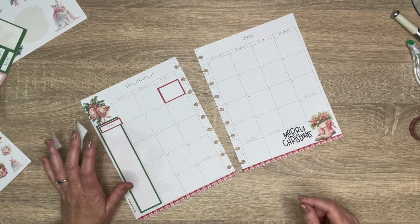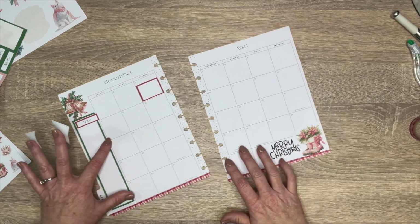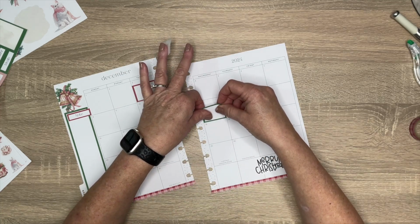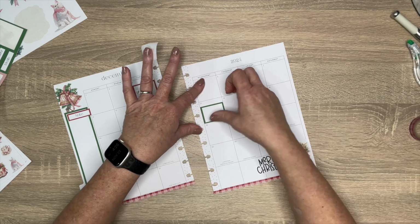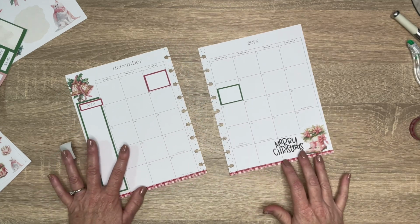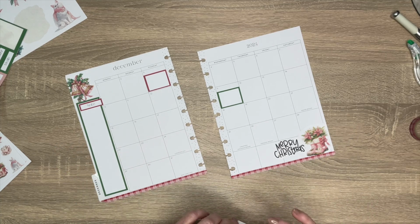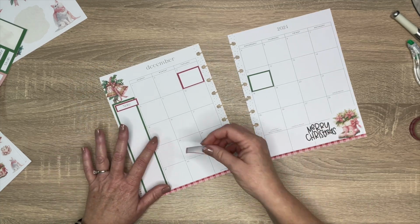Okay, December 3rd, December 11th. So the 11th is on this side. So what I'll do is I'll put boxes on days that I know that I have plans, and then we're just going to fill in boxes on days that I don't have plans, just to kind of even out the spread. So the 15th, which is over here,